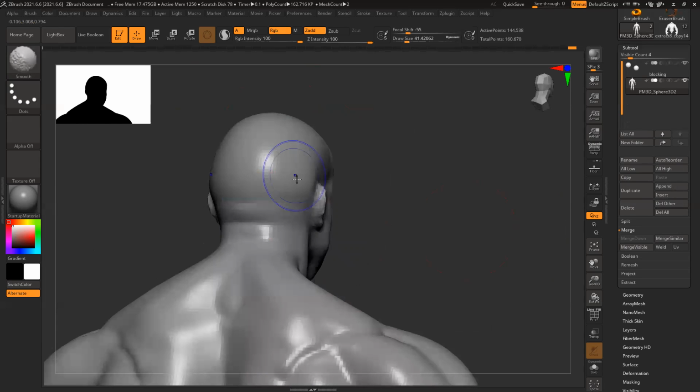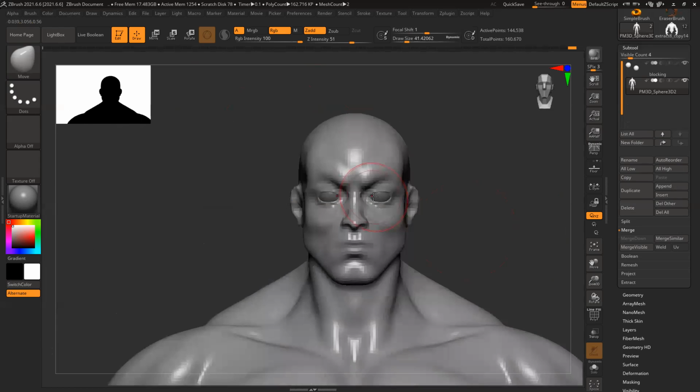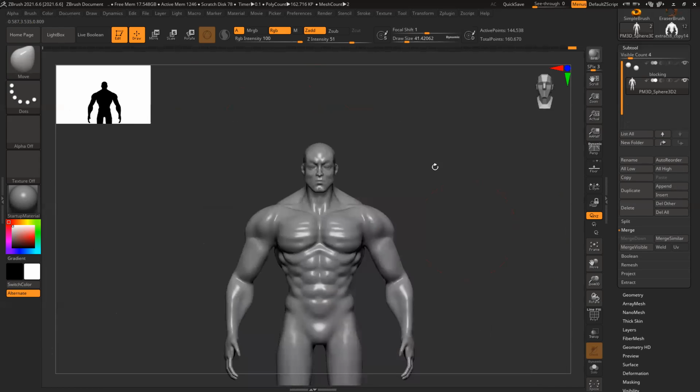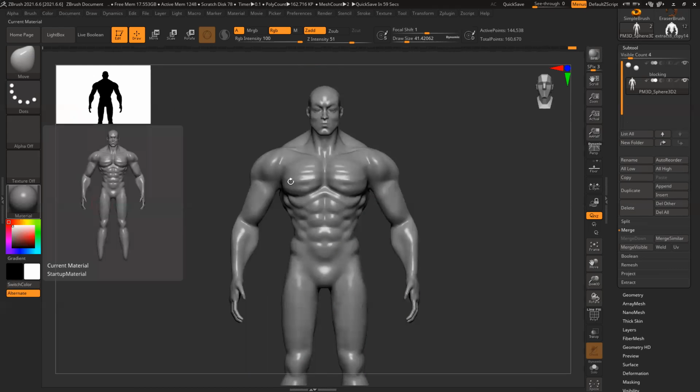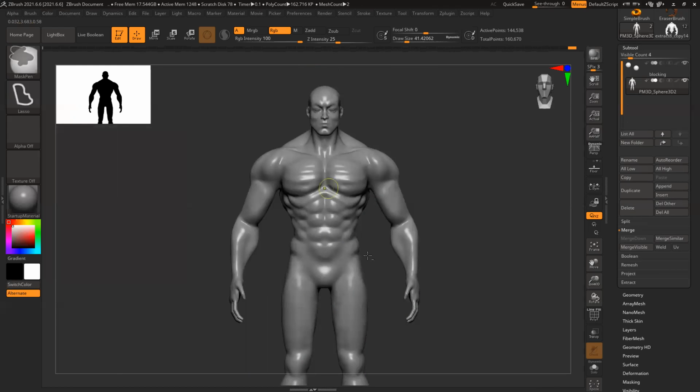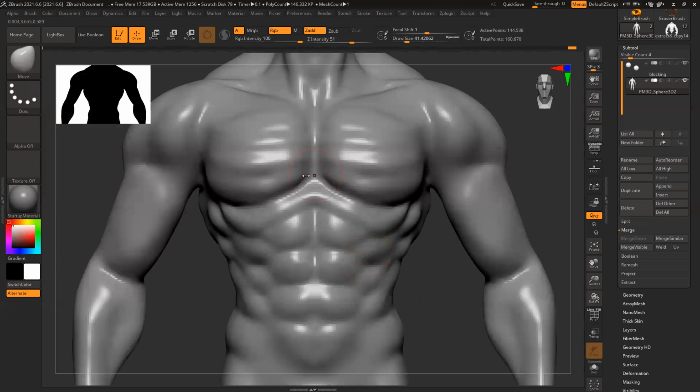Smooth transition. Slightly down. More angular. More structured.